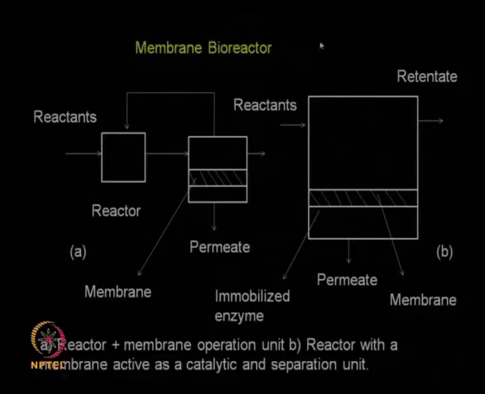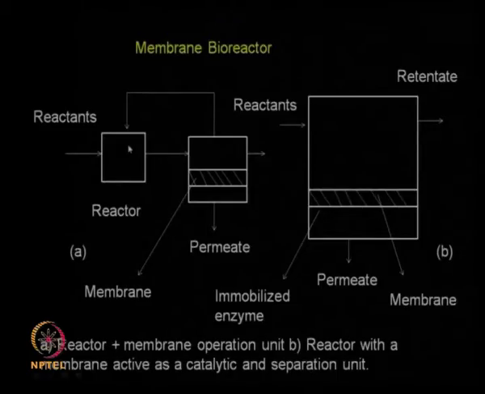Okay. So let us look at a membrane bioreactor. So I have a reactor, I do the reaction and then I go through a membrane setup. So there is a permeation taking place and the remaining material which is not permeating through is fed back into the reactor. Where do I use this? I can use this for, suppose I am doing a biotransformation and I am having whole cells or enzymes in the reactor. I want to retain the enzyme or the biological molecule like bacteria or fungi,